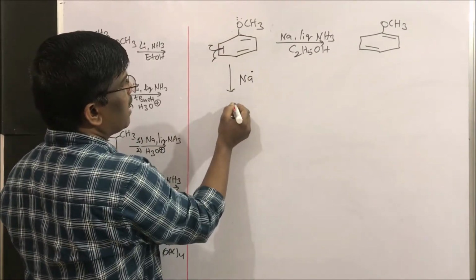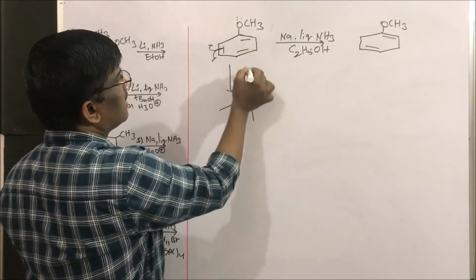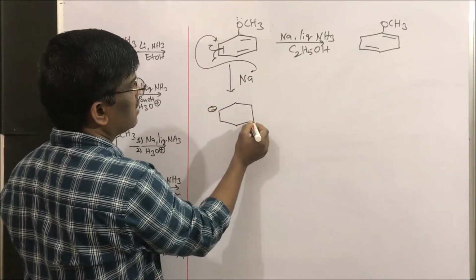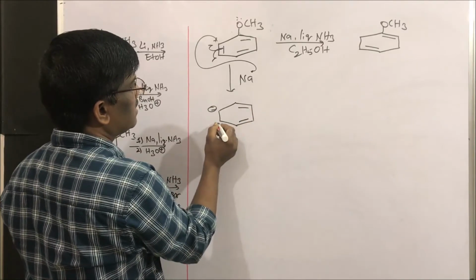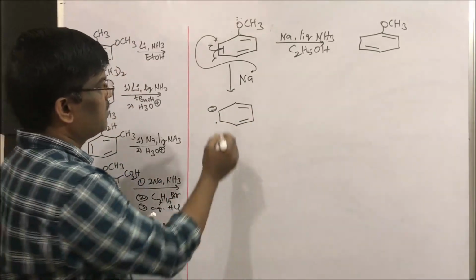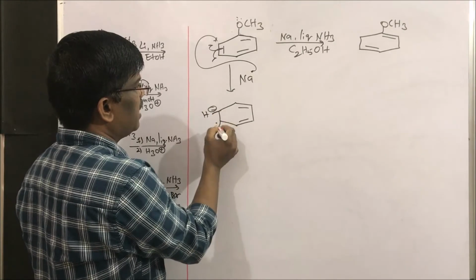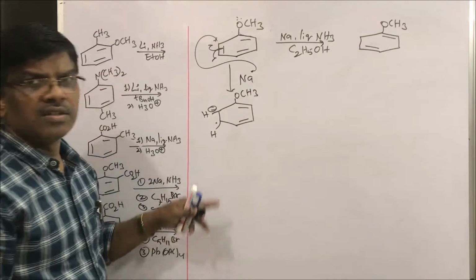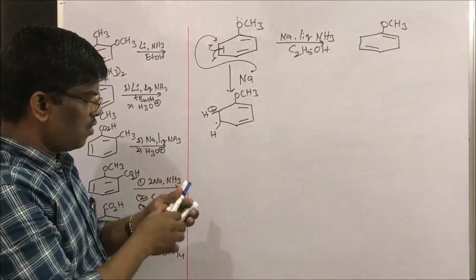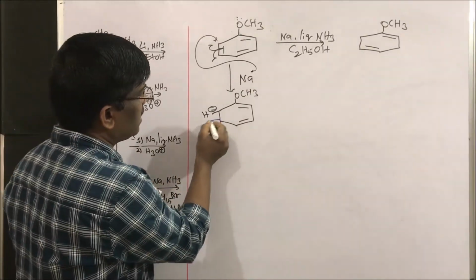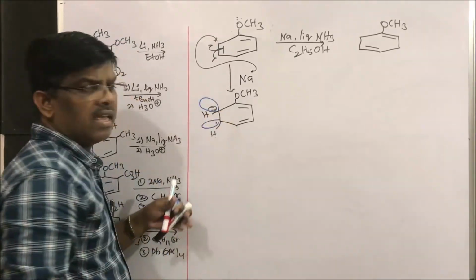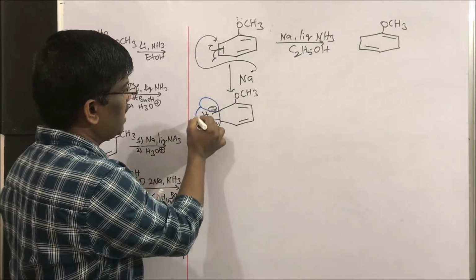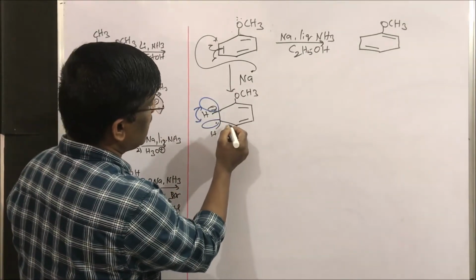So what is happening? I can write this is going here. I can write like this, negative charge. Yes. So this is the radical. Yes, students. So already one hydrogen will be there. Here one hydrogen will be there, and OCH3. Yes. So the same principle here also. What is the fate of this? Yes, this is a 1,2 diradical, or an ion and radical. So repulsion will be there.